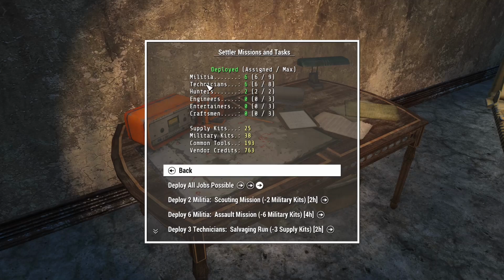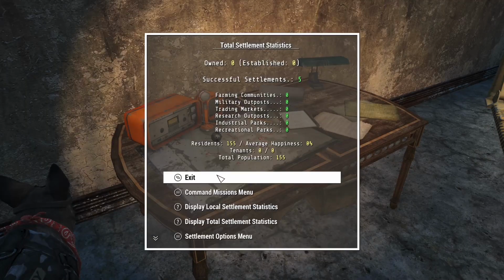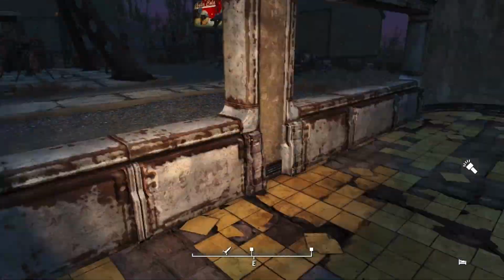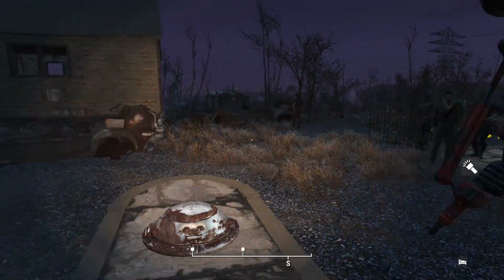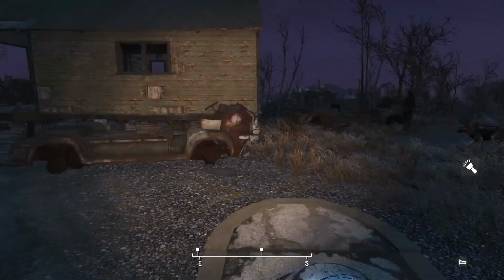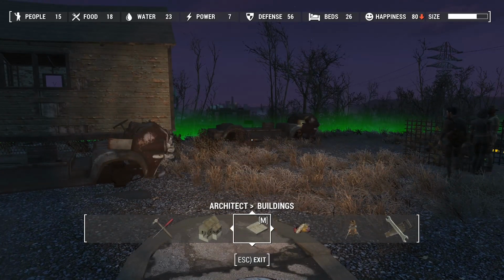Technicians are 2 separate missions, because obviously that goes in a group of 6, they go in groups of 3s, and hunters go in groups of 1. So that means we have 5 missions sent out, and don't forget, you can, there you go, task complete of 5, you can only do 25. So when you are planning stuff, be very mindful of that. Now these guys will improve, if we go to my production,